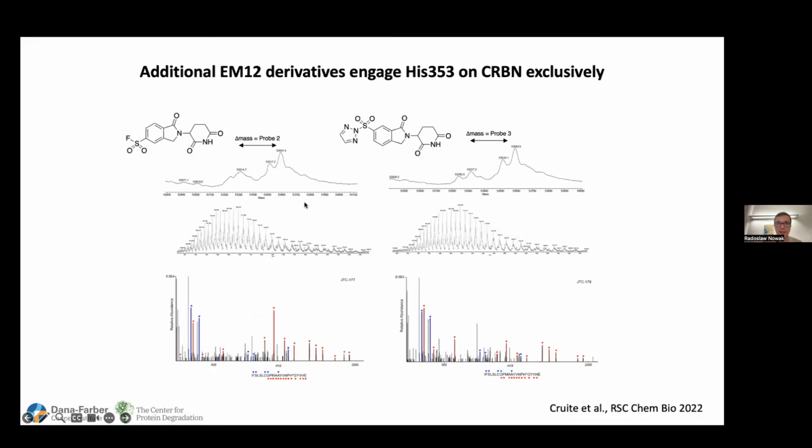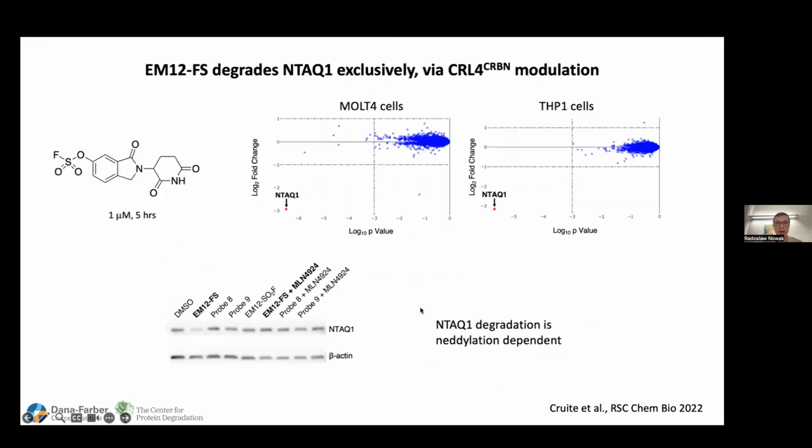If we now look at additional derivatives that engage this histidine 353, they also label cereblon in a similar manner. We are also able to see histidine 353 labeled in this case through proteomic studies. And now if we look at the fluorosulfate derivative, we are able to see that one protein happens to be degraded, and this is NTAC1. NTAC1 happens to be the only protein that is significantly degraded in this proteomic study, and that